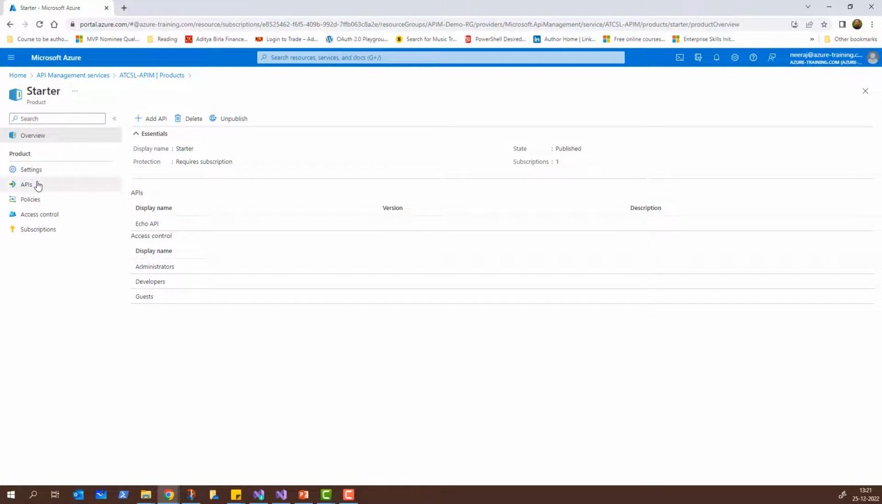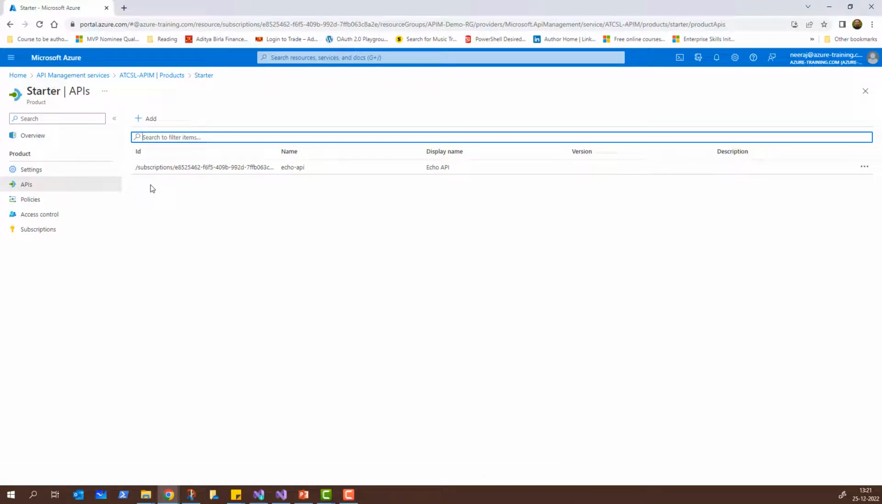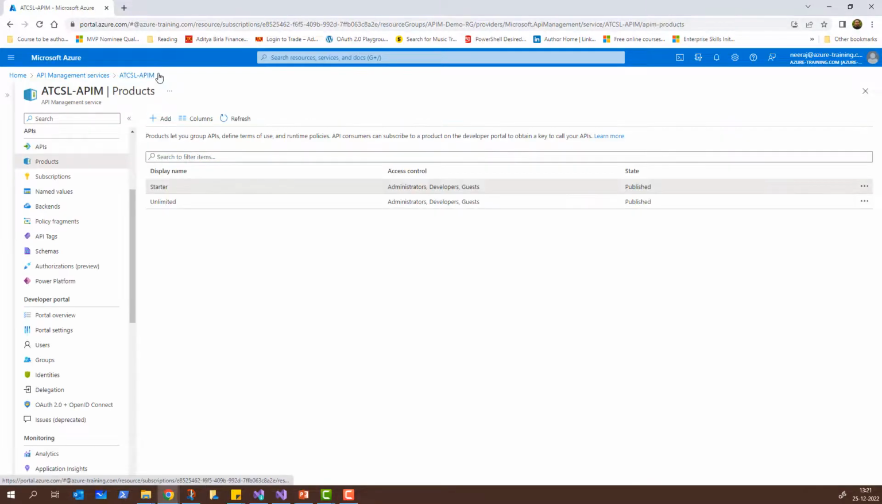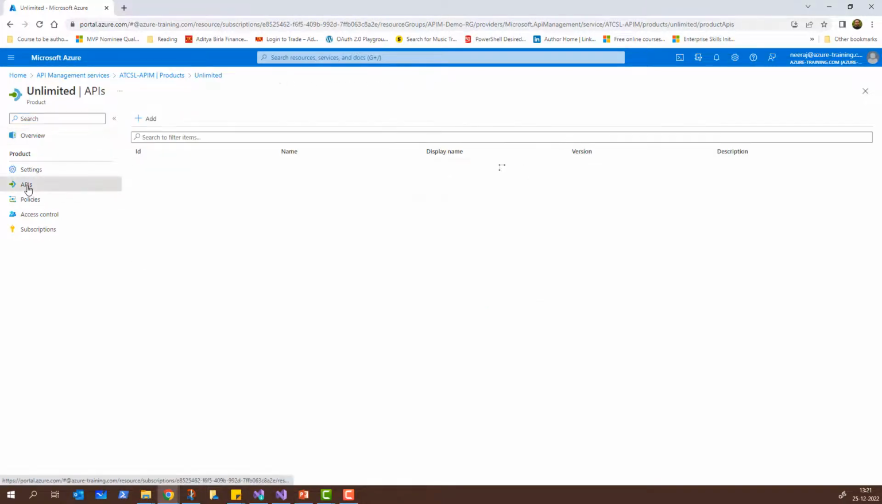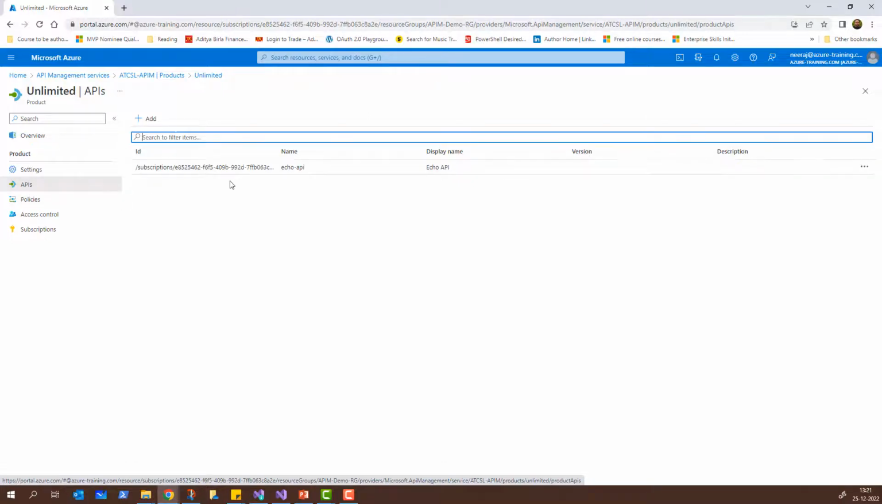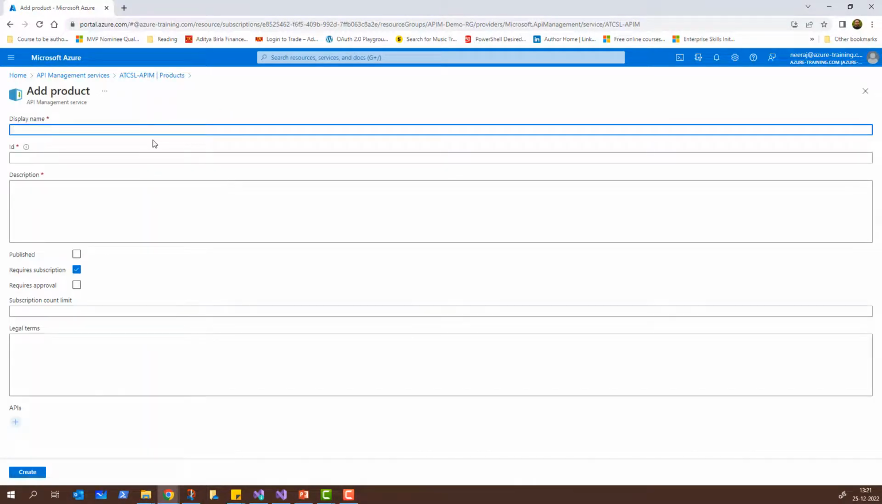If I click on APIs here, it will show me the Echo API that was already there, and you can see the name here as Echo API. I'll go back here and then again unlimited, I'll click on it, and here also if I click on the APIs, it will show me the same Echo API here. I'll go back, and on the products page I can click on add, and once I'm there I can add